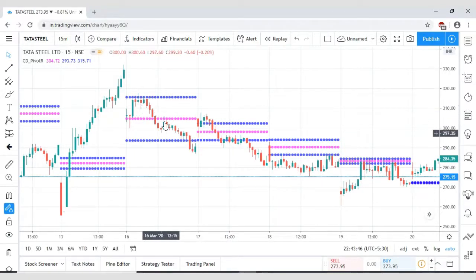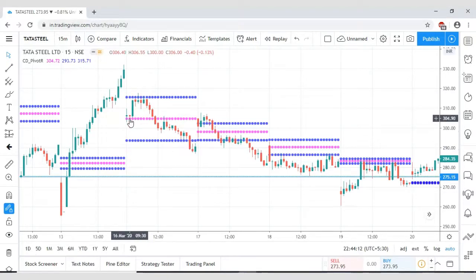See this gap, a lot of gap right in between. This is called a complete sideways range bound trading day. By seeing these long gaps in between, only that day you can decide Tata Steel will not go beyond these three lines, means this will act as a top central pivot, this is the pivot, and this is the bottom central pivot.